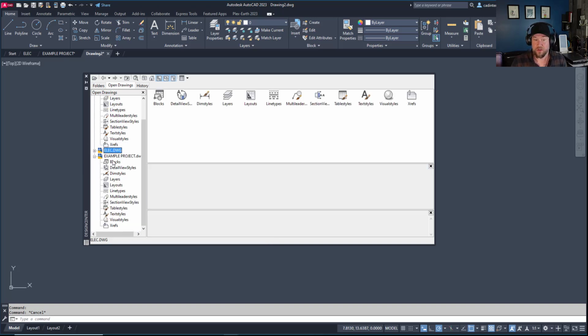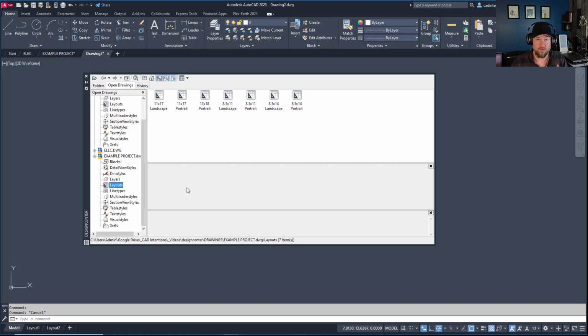Now, the same goes for entire layouts, which I find this to be the most useful for, although I'm going to show you a few other examples as well. So you can see I've gone to my example project. So this may be a project that I've already created and sent out to a client. It could have been a project that I did for another client, but I want my current one to look the same. So going to the layouts and simply recreating one by right-clicking on it, clicking Add Layout,